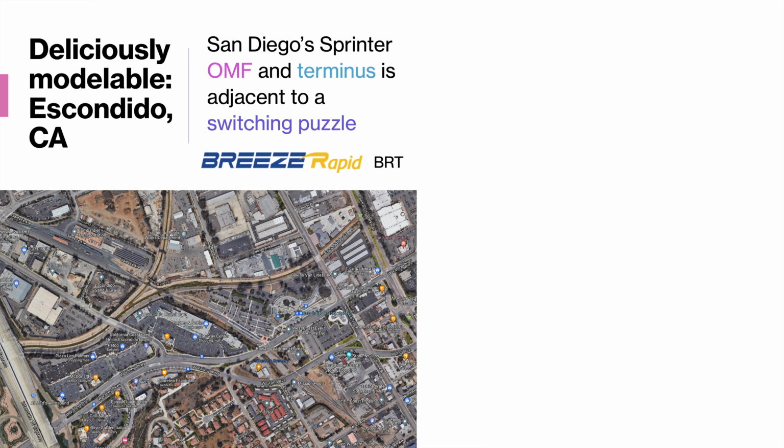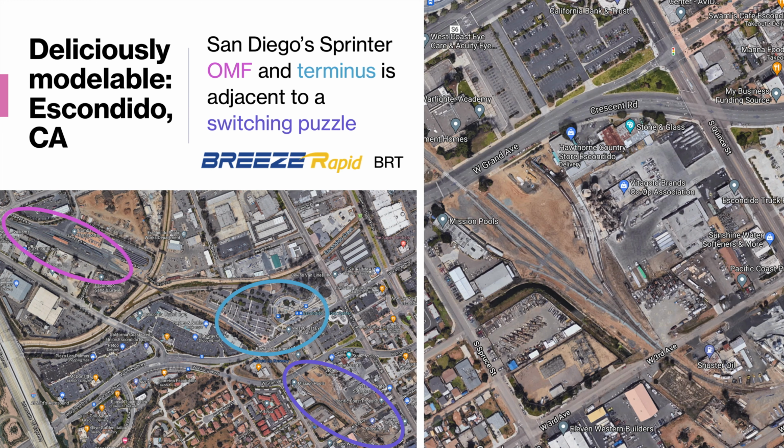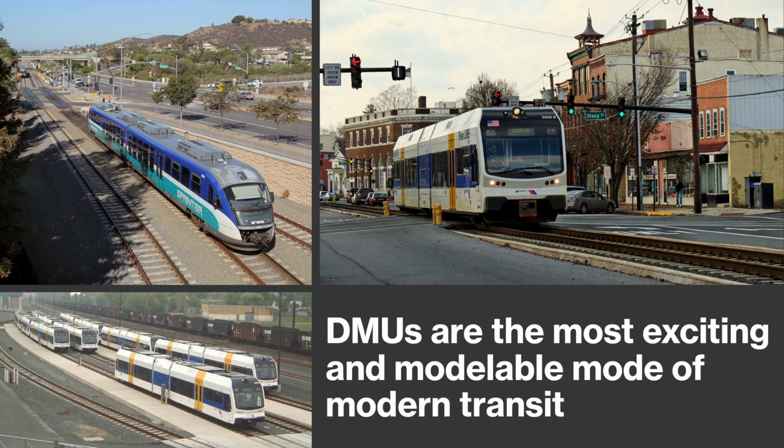It's the end of the line for the Sprinter, and in rapid succession, it has a small operations and maintenance facility with, I think, 10 turnouts, the Escondido Transit Center, which shares transfers with Bus Rapid Transit, and then right next to it, a small switching puzzle for the freight trains before the end of the line. It is just so beautiful and tightly associated. One could possibly even turn this into maybe a 4x8 layout. More on that in the next presentation. But overall, the point I want to make here is that DMUs are the most exciting and modelable mode of